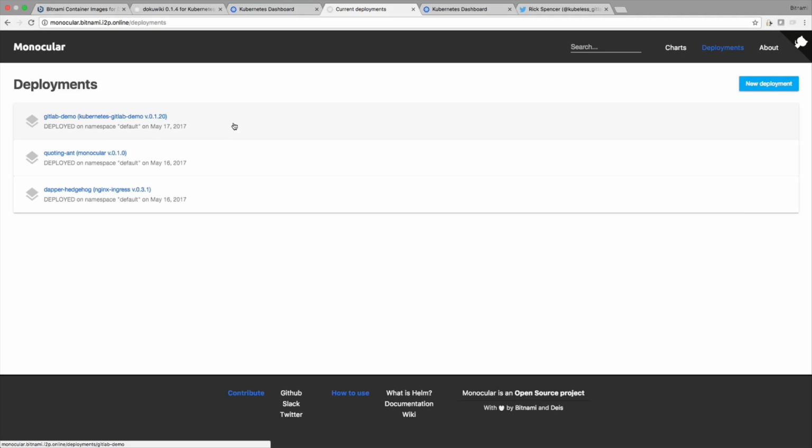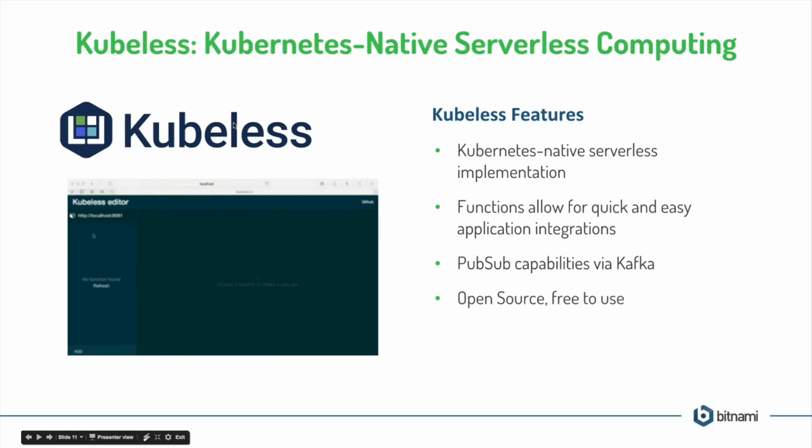So that is how Monocular works, both as a way to browse applications at kubeapps.com, and also as something that you can use in your cluster to launch and manage applications in cluster. Okay, so